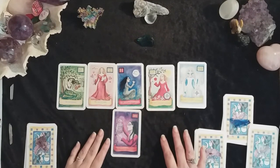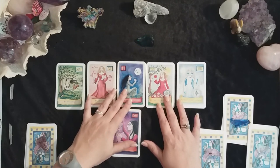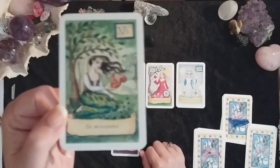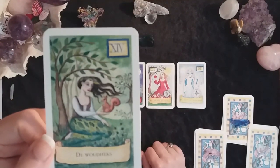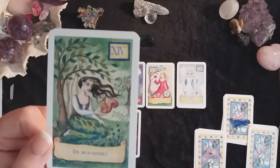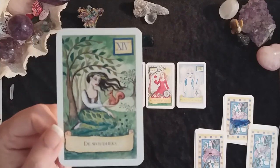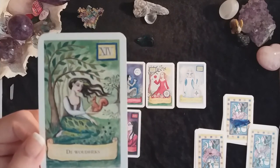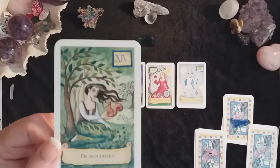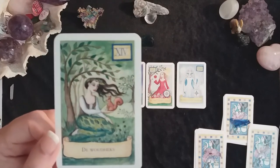So these cards tell me something about balancing opposite forces, and we start with the forest witch. The forest witch, a forest is usually densely grown and the sun has trouble reaching the floor of the forest. So there's a lot of darkness, but there's also a play of light, of the sunlight that plays through the leaves and the foliage. And that same play of light